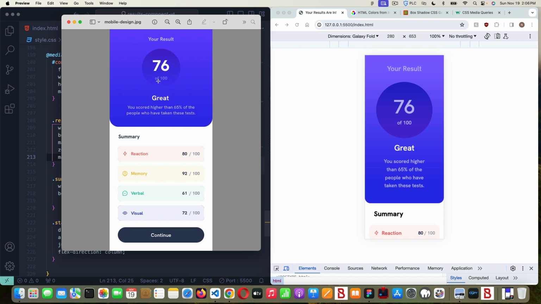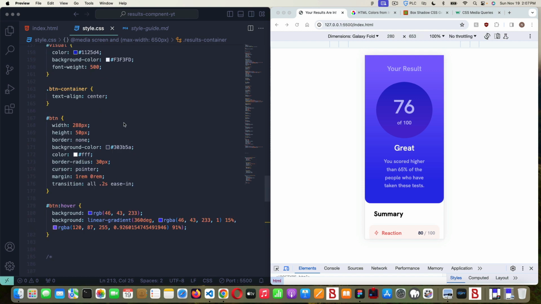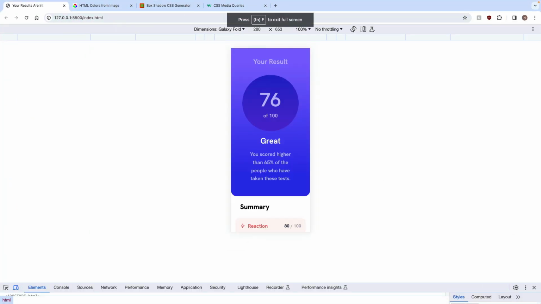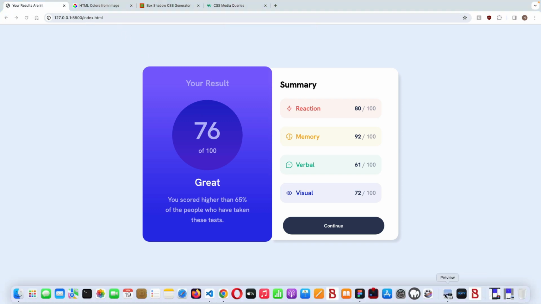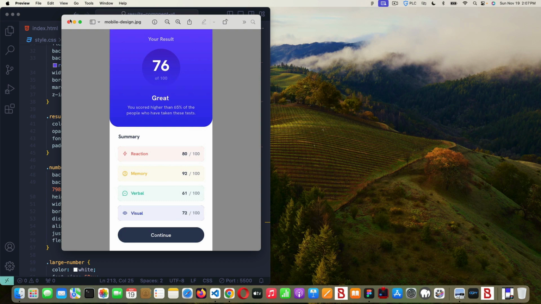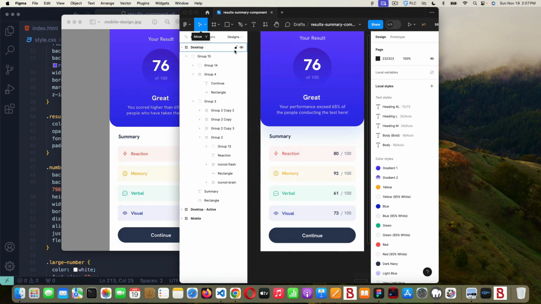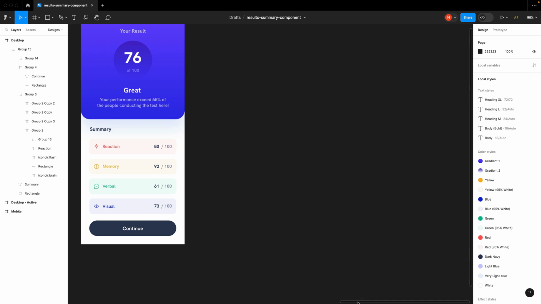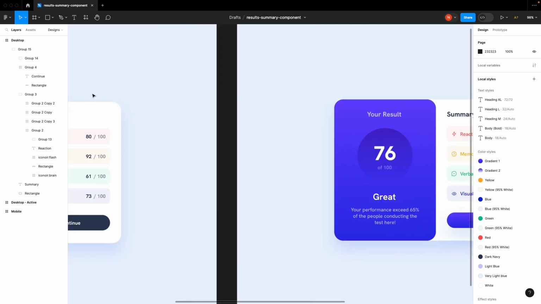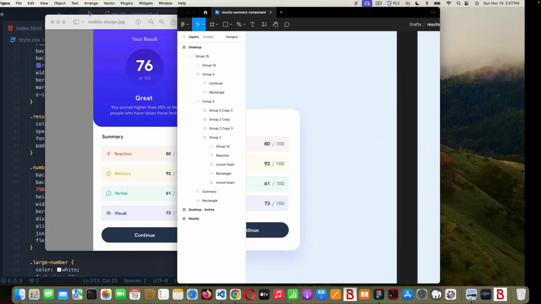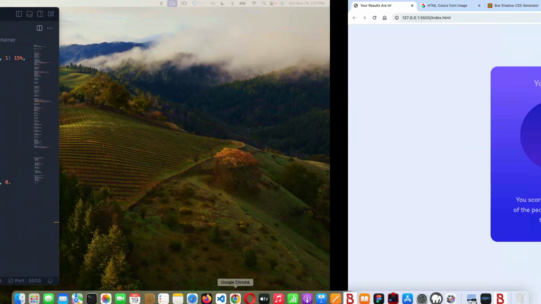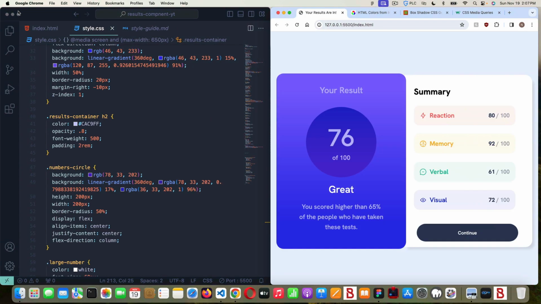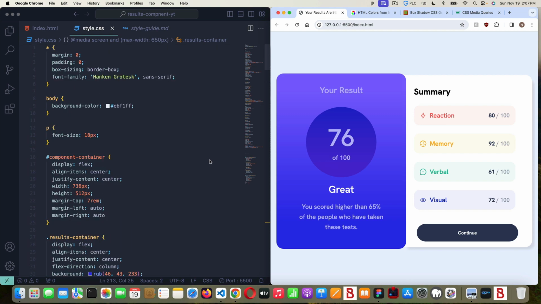This text looks really white and mine doesn't. That's weird. Should that be white? Didn't I make that white? I thought this text is white. I think on different design files it's showing as different color. Let's go to Figma. What does Figma say? Oh, it is supposed to be white. How did I miss that? So let's make large number white, that class that we have. I probably got targeted by targeting other stuff, but let's go